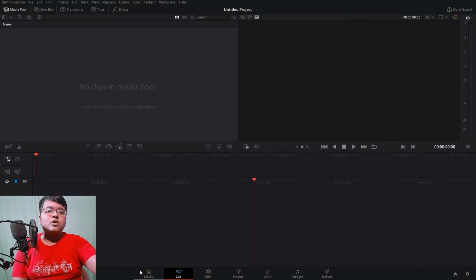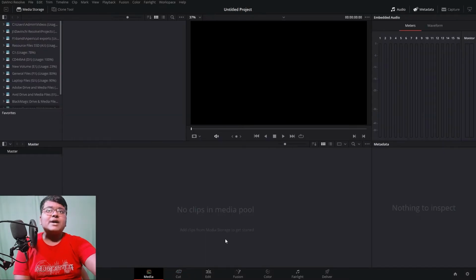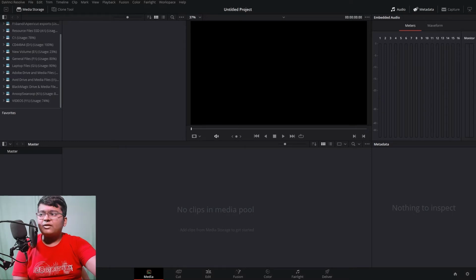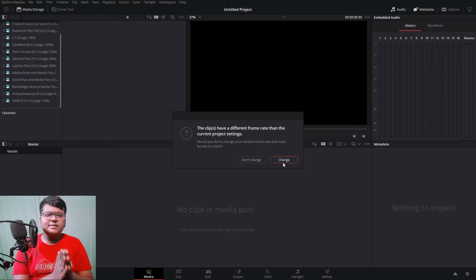Okay, so how to import footages? Just go to the media page, and here all the drives will already be visible. Like I have this many drives, it's visible, and you can also drag and drop the footages over here. I'm just gonna drag and drop, and this is where it asks: the clip has a different frame rate than the current project settings. Would you like to match your timeline frame rate and the video format to match?